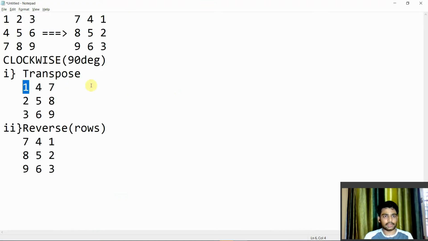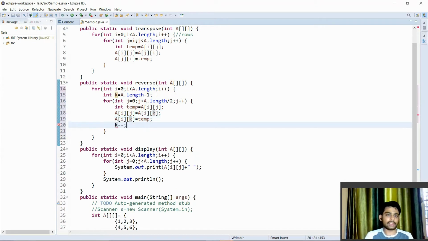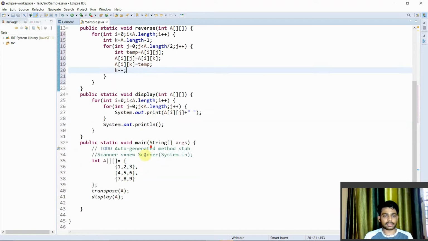So we'll be swapping this with the last index. After doing this swap, we need a of i of k equals to temp, yep, that's it. After doing this, I think we need to decrement the k value each time. Okay, I think everything is correct.